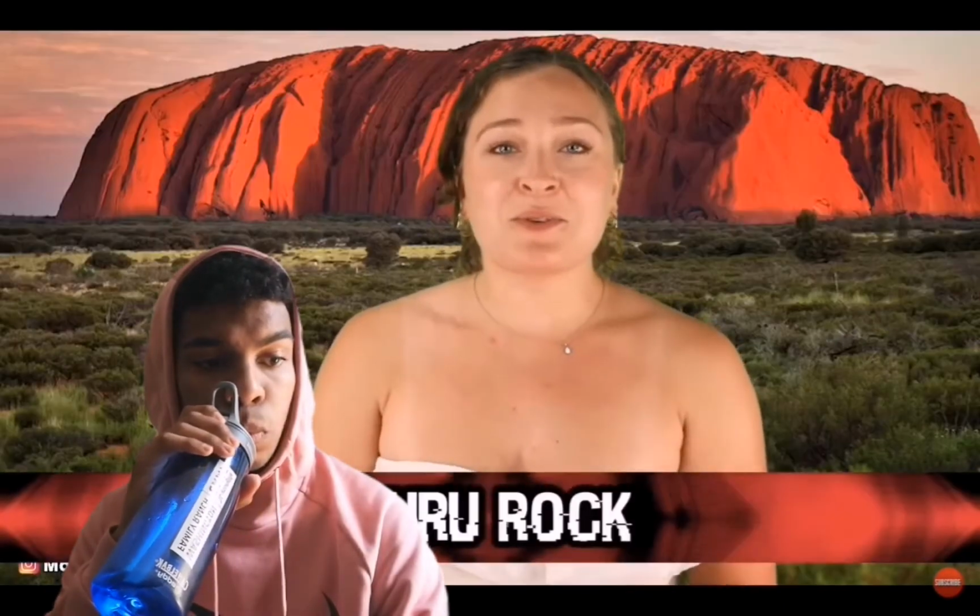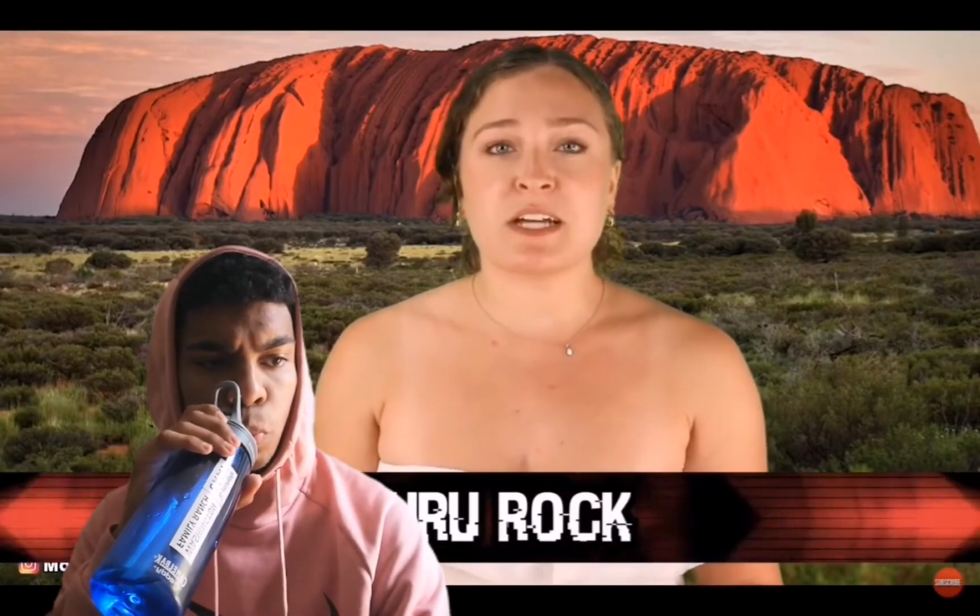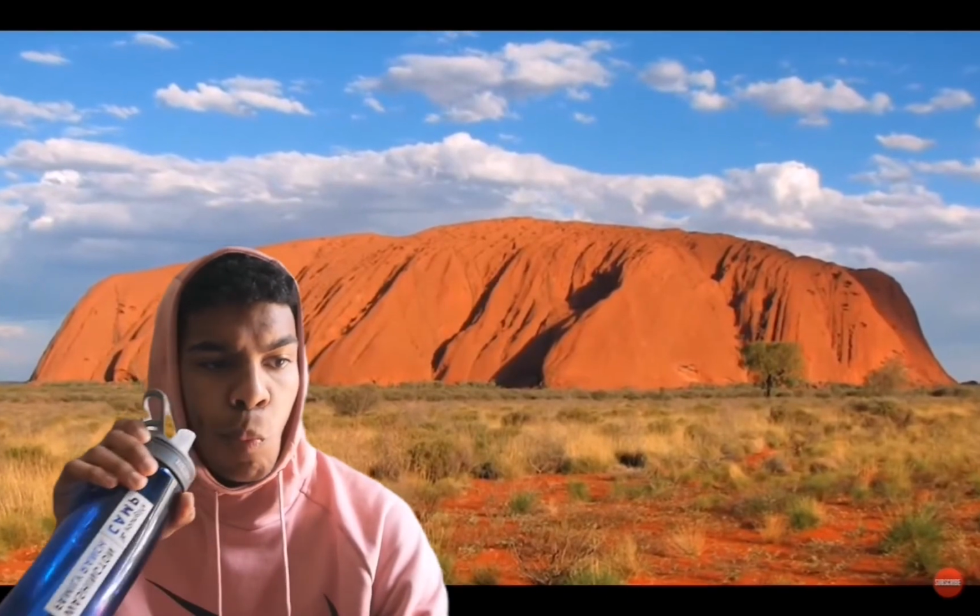In our number 3 spot today, we have the Uluru Rock. The Uluru Rock is a large sandstone formation that is located in the southern part of the Northern Territory in Australia. It is sometimes known as Ayers Rock, but regardless of what it is called, this area is sacred for the people indigenous to this place. This is part of the reason that those who visit...